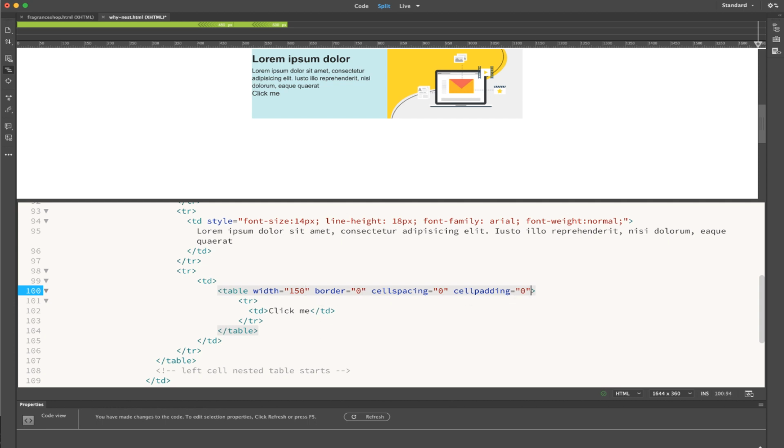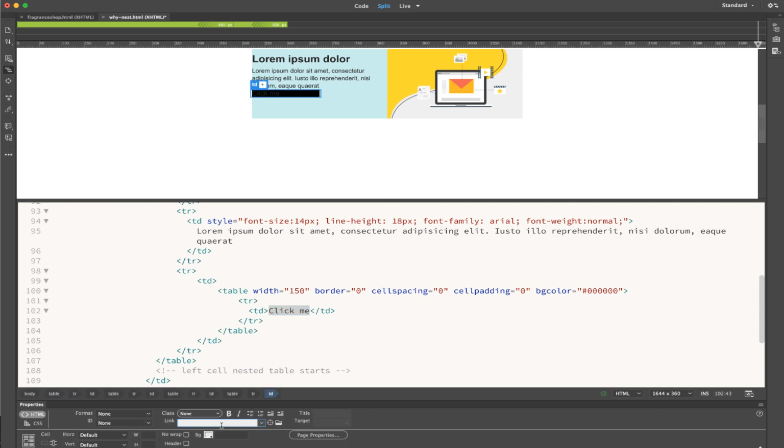And then we give it a BG color of black, 000000, and then we'll do style. Matter of fact, if I come in here, make this a link, something like that, I can do style,